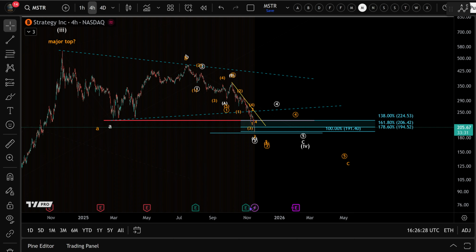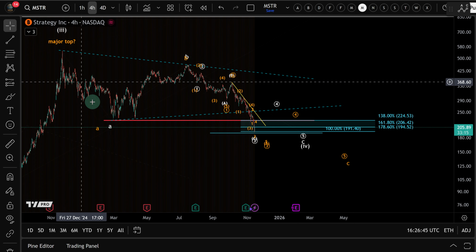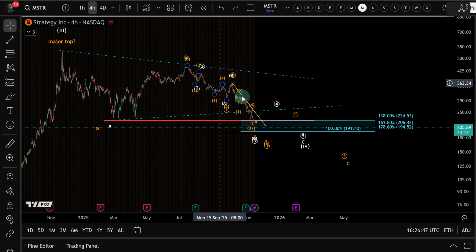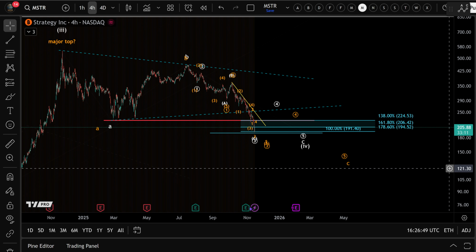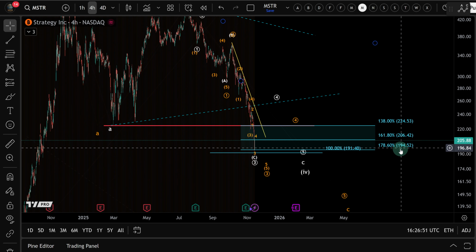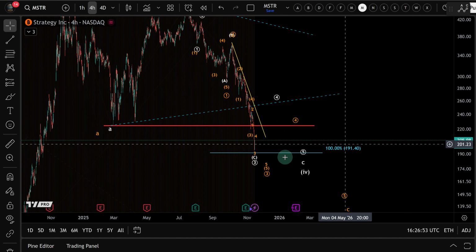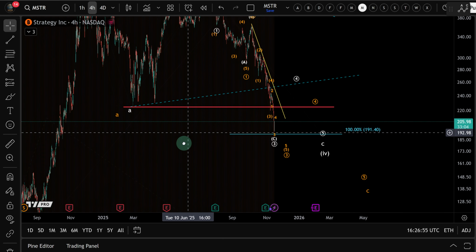I mean, the chart has not yet given us any reason to believe that we have formed a very meaningful low. But we only yesterday talked about this level around $191, the 100% extension target of the initial A wave to the downside. So we've now reached this C wave target already. That's the first ideal target at $191. We're basically there.